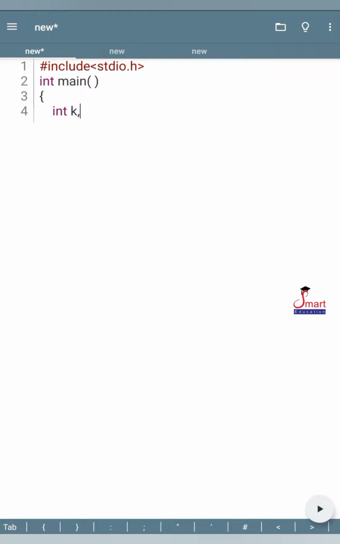I'm going to use k and i variables here, and I'm going to use a for loop for k. First k will start from 1 and k will repeat up to 5 times. So here I'm going to type k less than or equal to 5, then k plus plus. Now you have to execute the loop body of k, and inside this loop body I will use